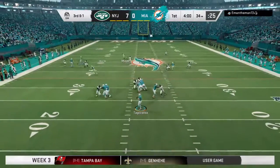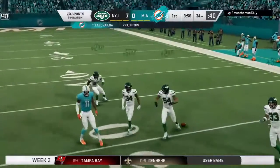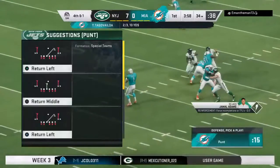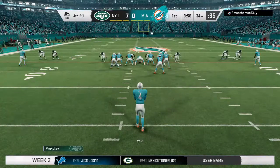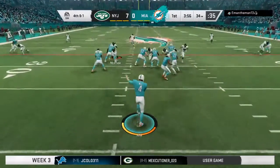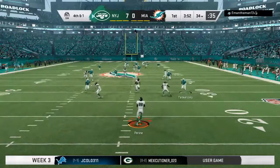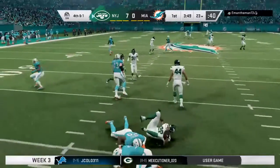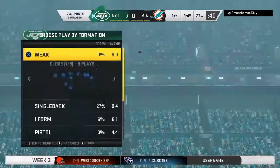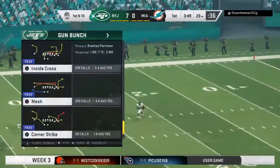They'll look to throw here. And it falls incomplete after almost being intercepted. A pick there would have been great. The good news for the defense now, it's 4th down. Only 2 punts for him last week in the loss as he gets this one away. Fielded at the 20. It'll be a net of 40 yards there following a 43-yard punt, 3-yard return, and the Jets will take over